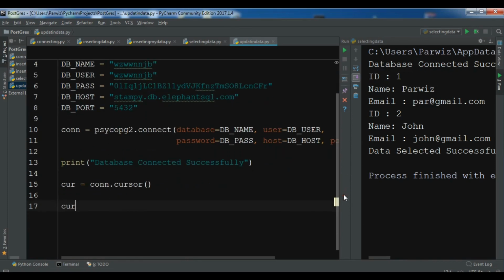Now we need to execute our query for the updating data. Now I want to update employee. Okay, now set, I want to update the email address, so set email to update@gmail.com,